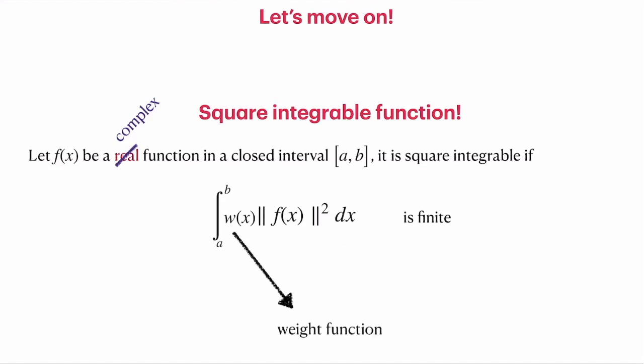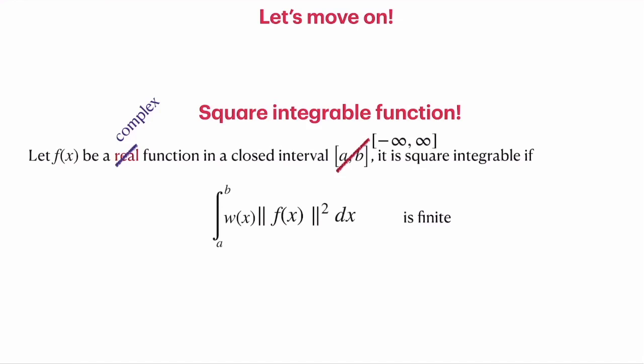In addition to this, sometimes we may also define a weight function of x included in the integral. It is also useful to have a weight function sometimes to make this integral finite. So that is what we call a square integrable function, but we also have this closed interval from a